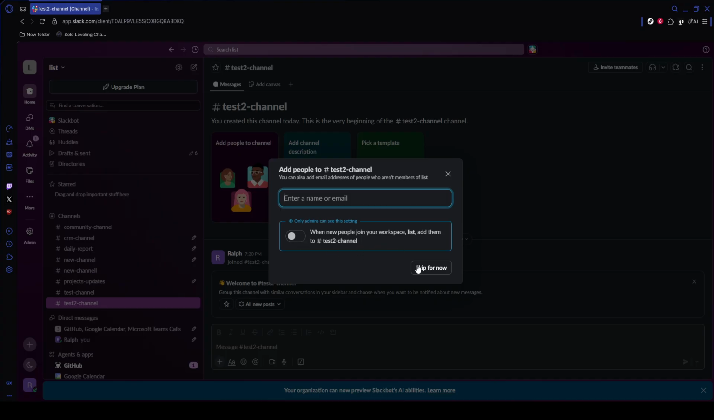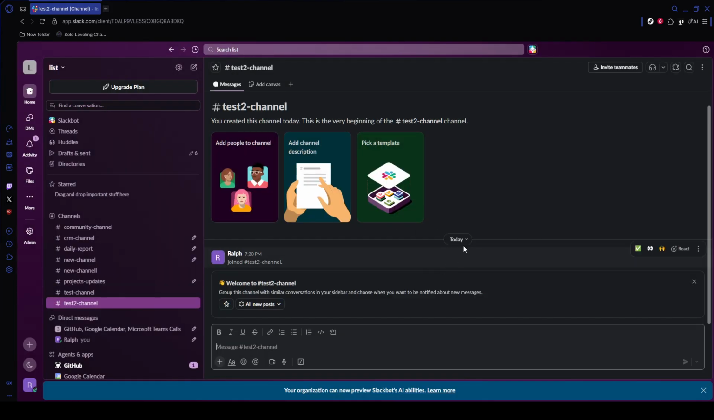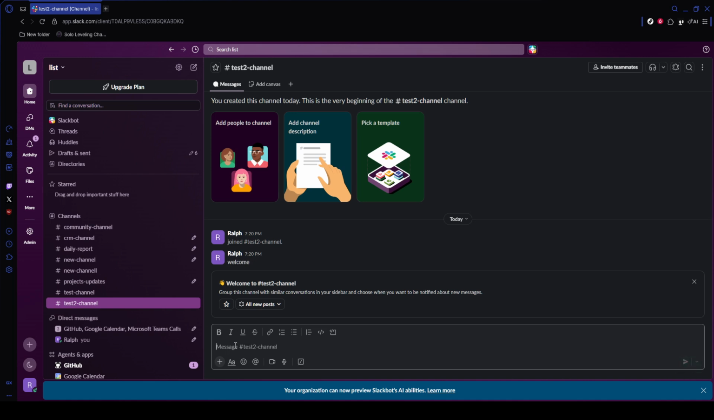You'll then see a prompt asking if you want to invite other team members. If you're ready, you can enter their email addresses here. If not, you can skip this step for now or use the shareable invite link later once you're ready to control access more carefully. To finish, click the final button to open your new workspace. Slack will load your fresh workspace, and you should see the default